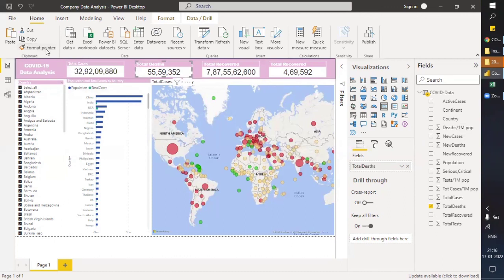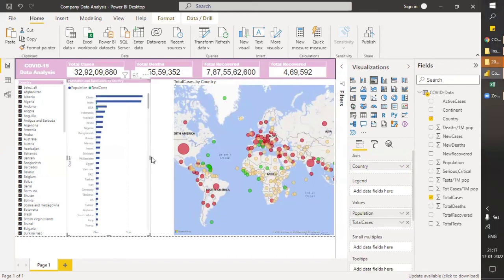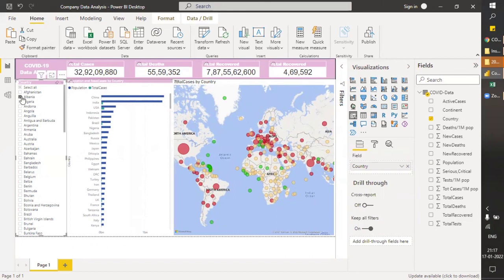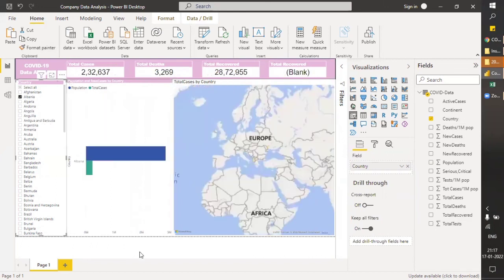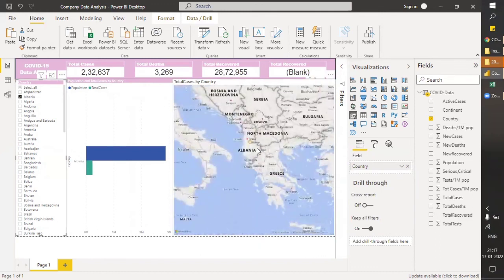It works in Excel, where you can double click and lock the formatting, and we can apply it on multiple cells or multiple objects. So this is our small analysis on COVID. You can just expand this, and we can check which country is most. Albania, and it will show us the numbers. Okay, so Albania is here. You can see it's highlighted in yellow.